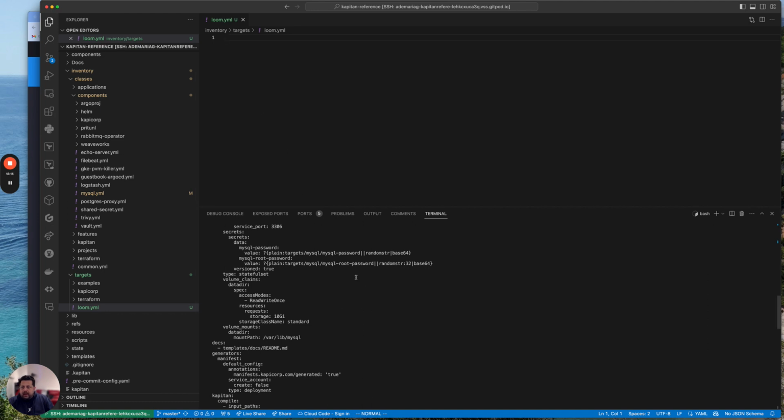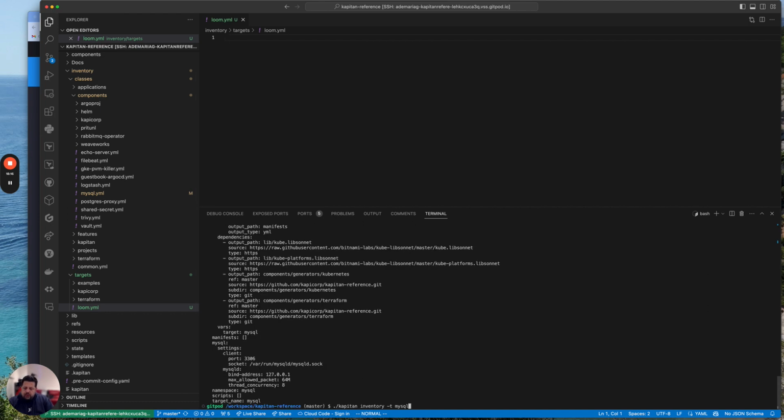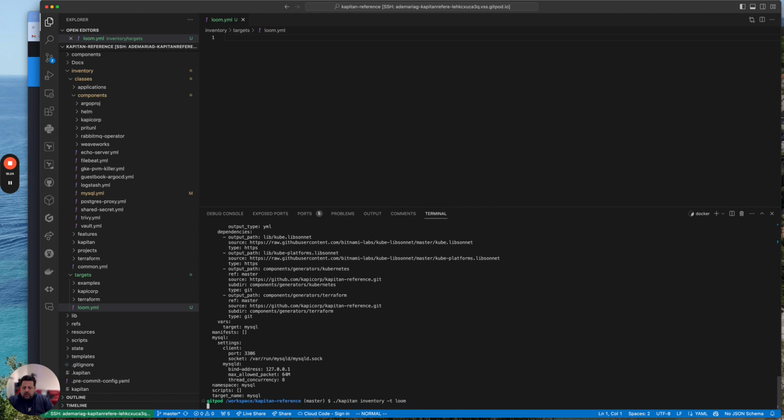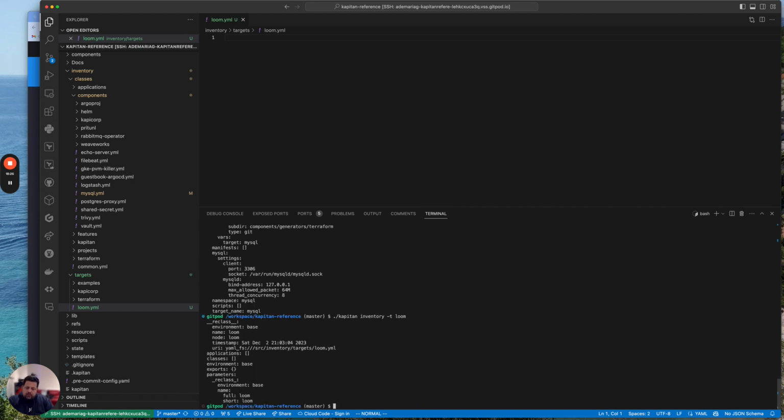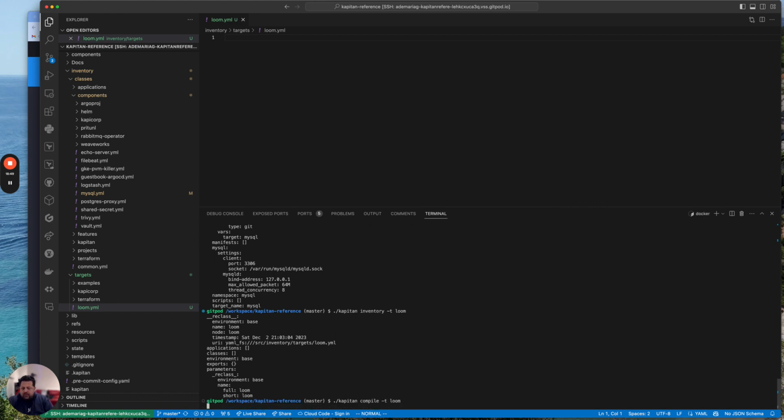And at this point in time, should I try to compile the loom file, so the loom target, most likely we are going to see that there is a very basic kind of inventory being created. This is the most basic kind of inventory that we can have, and I used the wrong command here because I didn't want to show the inventory, I wanted to compile. So we're going to see that if we actually try to compile it like we did before with everything else,